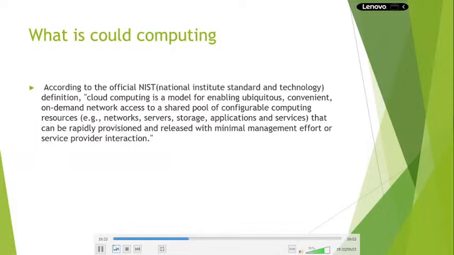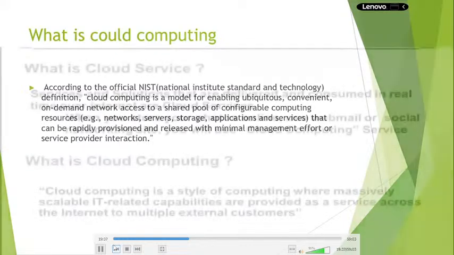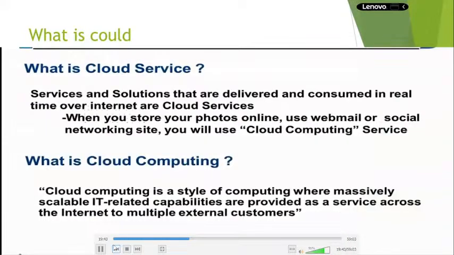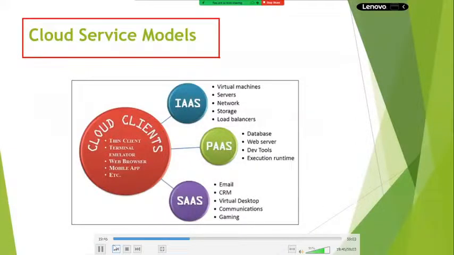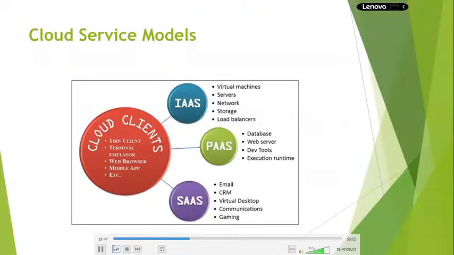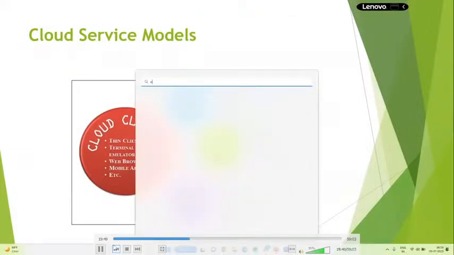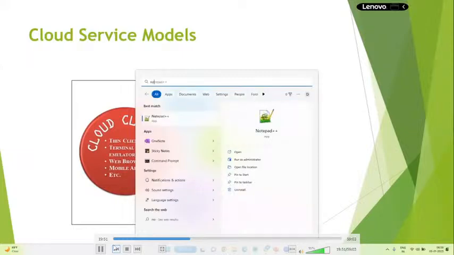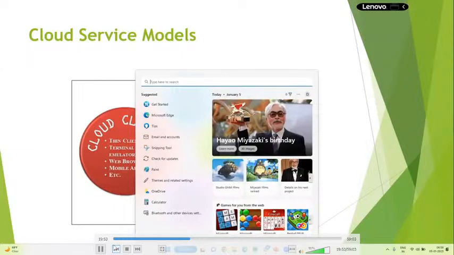Okay, right? Next, in cloud computing, there are three types of service models. What are they, guys? Any idea? So private cloud, public and hybrid cloud are deployment models.